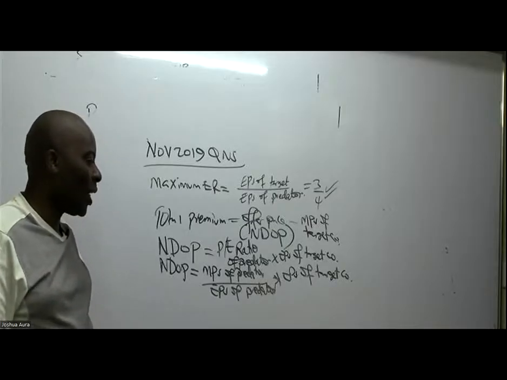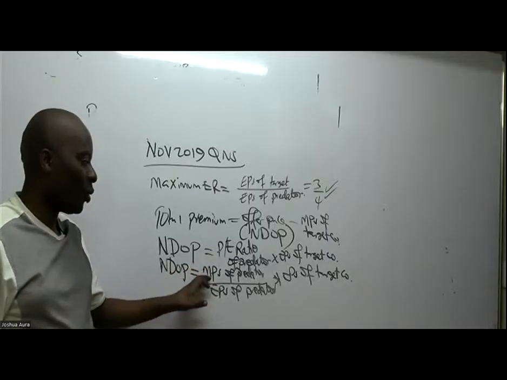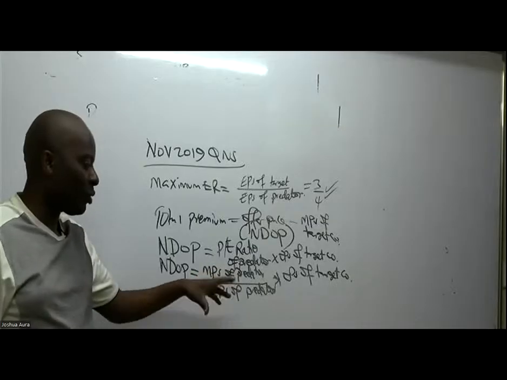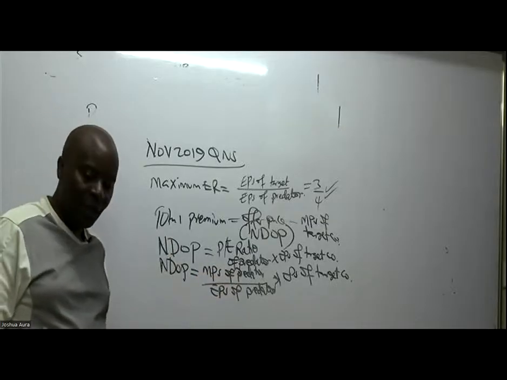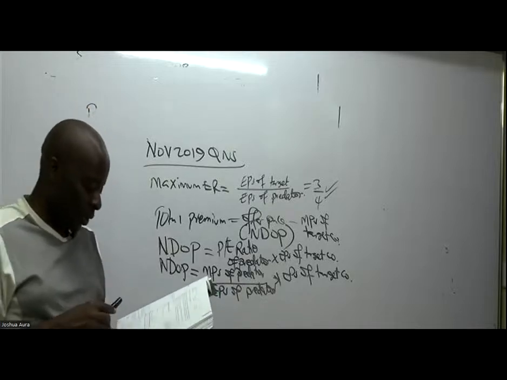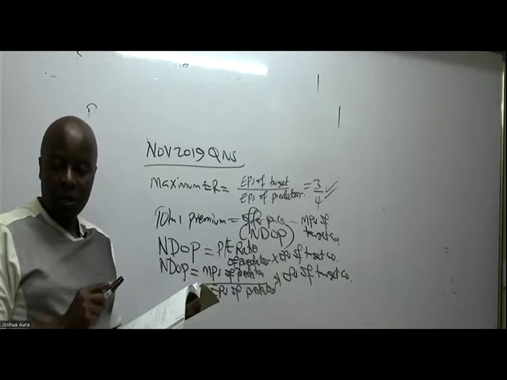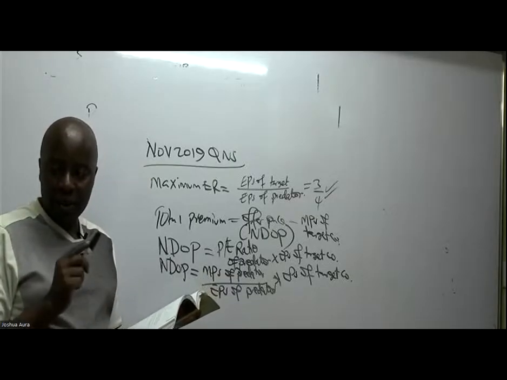Now, so that is okay. So remember, it is P over E, MPS over EPS. So MPS of the predator, that's MPS of company A over EPS of company A. They've given me the MPS of company A. I can see it there. MPS of company A is 60, right? So I'll take 60,